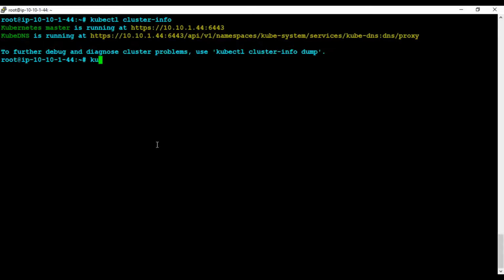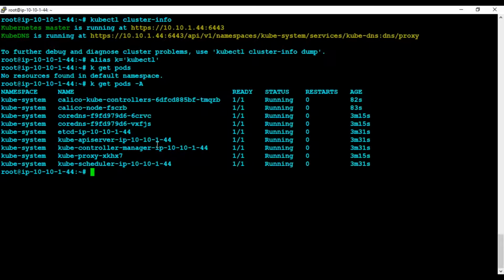It's very hard to type all this kubectl everything. I'll do one thing. I'm going to say alias ku is equal to kubectl, or if you're lazier than me, you can simply say k get pods. You'll get something like this. Now one thing you need to understand here, even if you add an alias here,